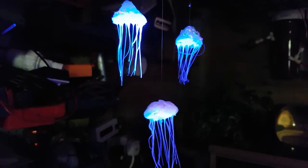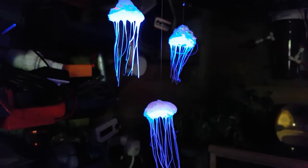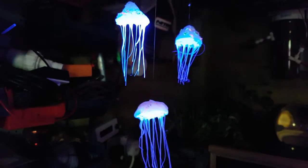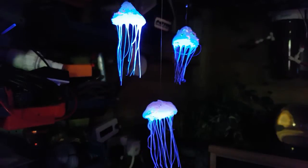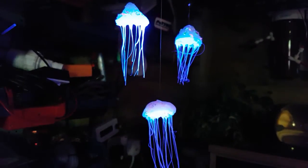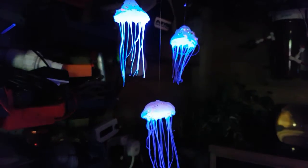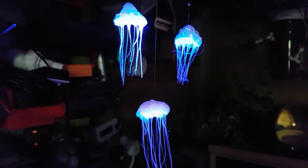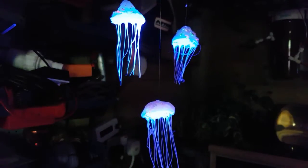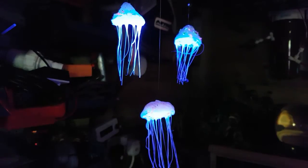And you can make all sorts out of these, guys. It's limitless. You make whatever you like. It's your imagination. I've made them for people before, like I said, and their kids absolutely love them. You can hang them up on their ceilings in the bedrooms. You can buy a black light bulb which you just plug into a lamp next to their bed. So when they turn that little black light on at night, their whole little room will light up